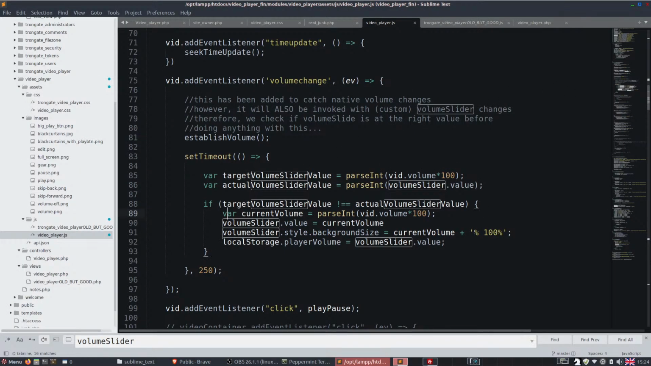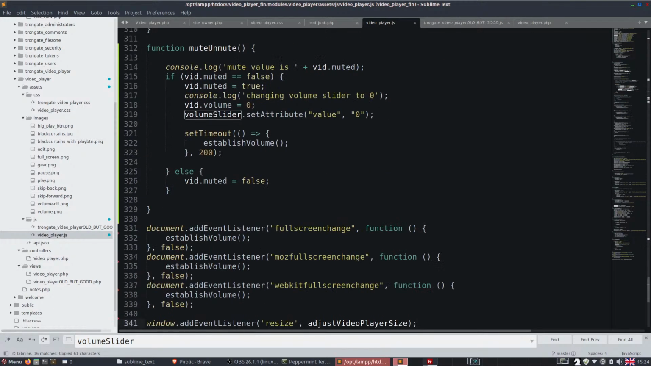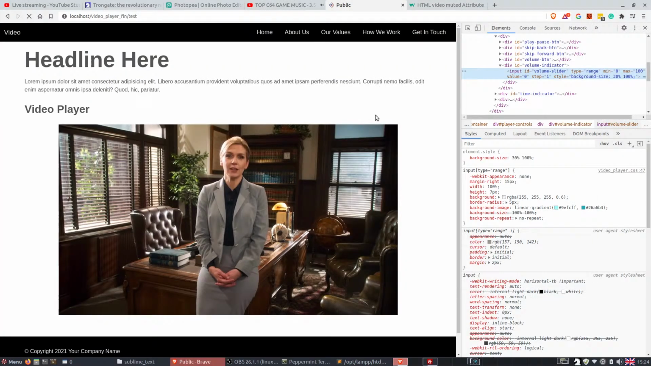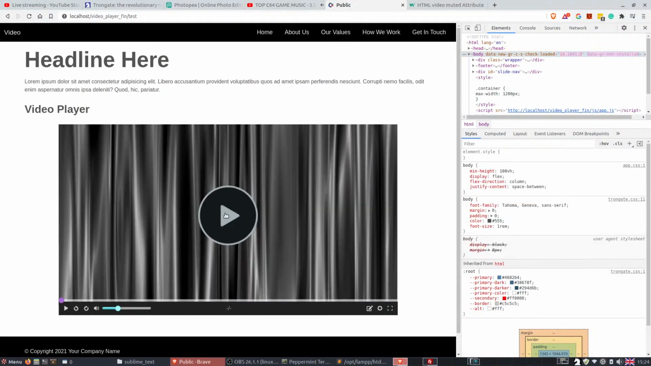So let me head down to the muted thing. So I'm going to go like that. I'm going to add in a little 0 here. Okay, here we go. So when we play,